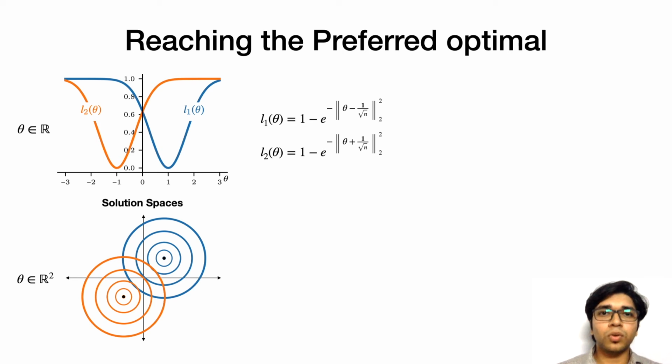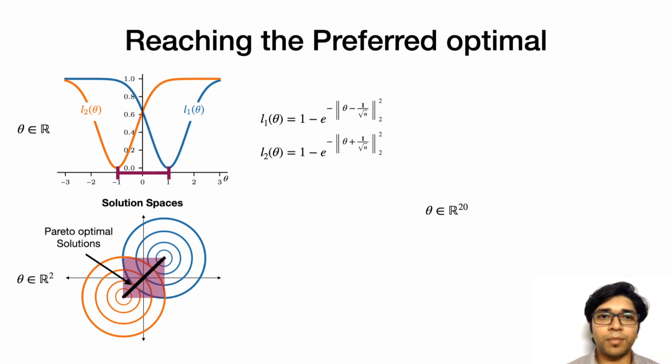The results I'm going to show are obtained by experimenting on a 20-dimensional solution space. But before that, let me specify different regions in the solution space where the solver was initialized. We partition the solution space into two regions: the purple region from -1 to 1, and the points outside this set. This region generalizes to a square in 2D and a hypercube in a higher dimensional solution space. The Pareto optimal solution lies inside this hypercube.